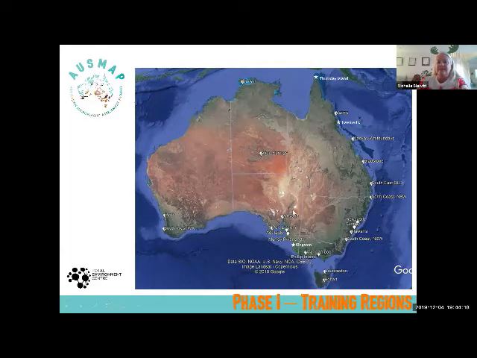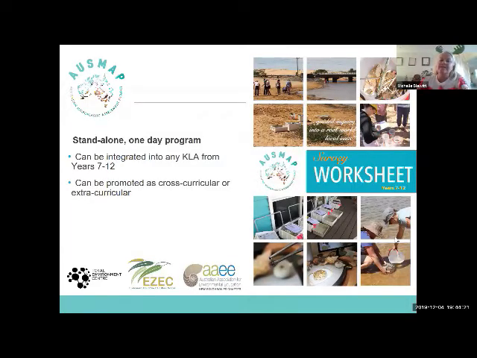Next slide. Okay, so what we had developed as well, which we would love feedback on, is 2 sort of options for the training days. We've developed these survey worksheets that are available for school groups and for communities, and there's one also for mangroves. And that can be integrated into any program. I know that Tony at the Coastal Environment Centre has integrated it very well. Also Glenn Halliday from Observatory Hill. But I'd love some feedback as to whether your organisations have been using this.